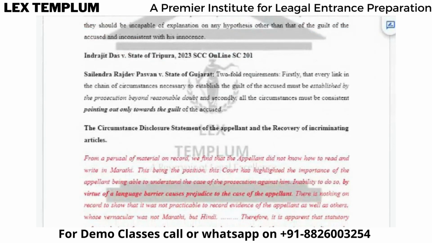These are the two principles of Sharad Vidyachan. Then two recent cases, Indrajit Das versus State of Tripura. This case was also referred to by the Supreme Court, and Shailin Rajat Paswan versus State of Gujarat. Here, twofold requirements were laid down for circumstantial evidence. First, that every link in the chain of circumstances necessary to establish the guilt of the accused must be established by